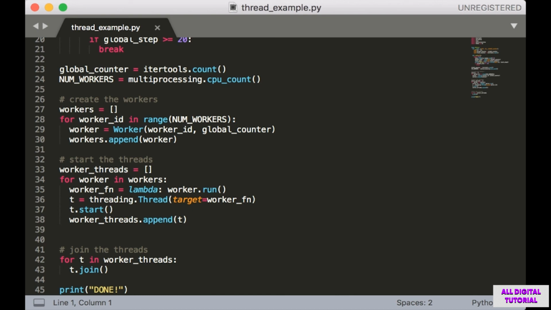But I can't do that because launching a thread is not the same as waiting until the thread is finished. Therefore, I don't want to launch my threads and print out done while the threads are still running. Instead, I only want to print out done when all the threads have completed their jobs. So that's what join is for. We'll demonstrate this code twice, both with and without join. So let's run this with join first.